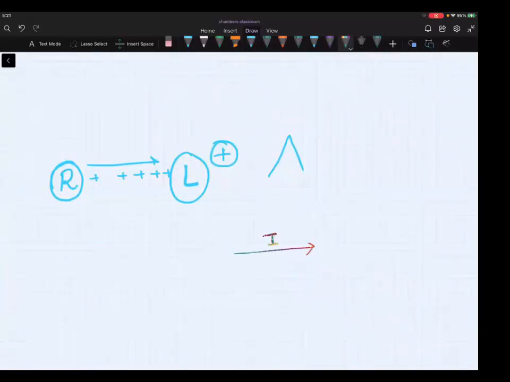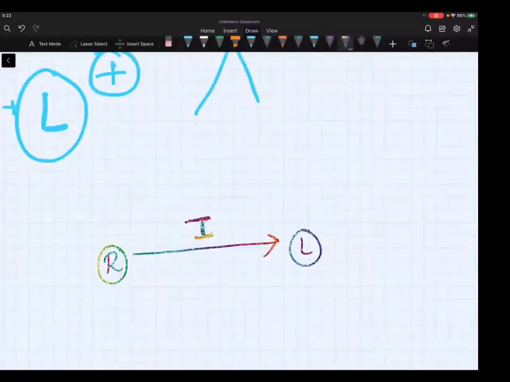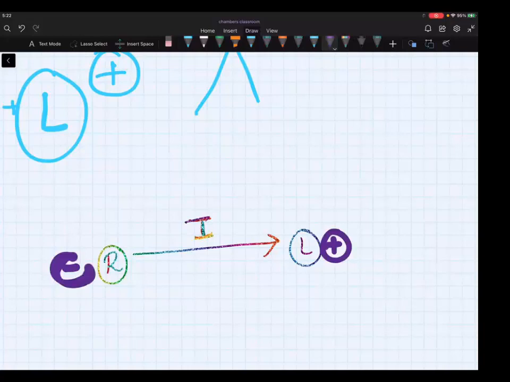From right to left, he called this lead one. So what should I mark L as, positive or negative? I should mark it as positive, and that means R should be made negative. That's how the current is moving and a positive depolarization is happening. I love ECG, by the way. So this is how we understand.